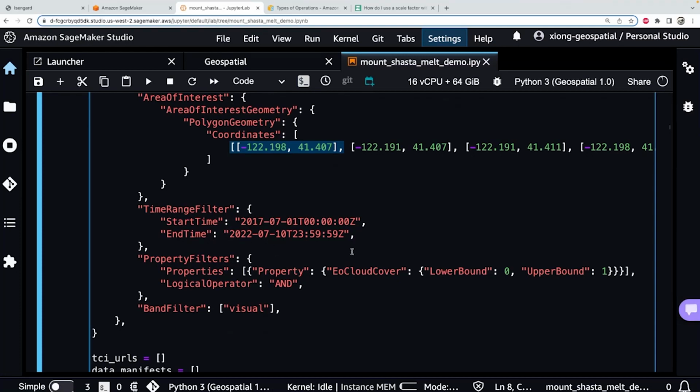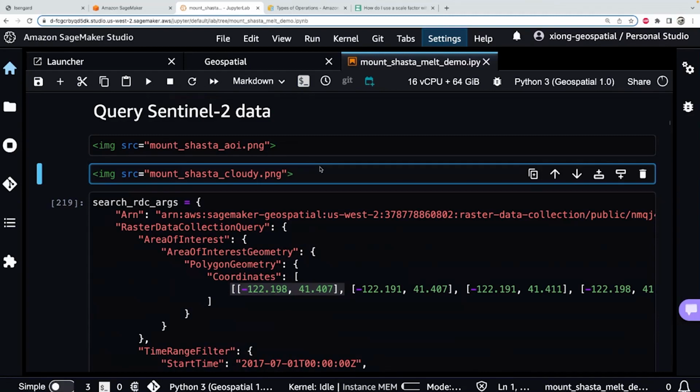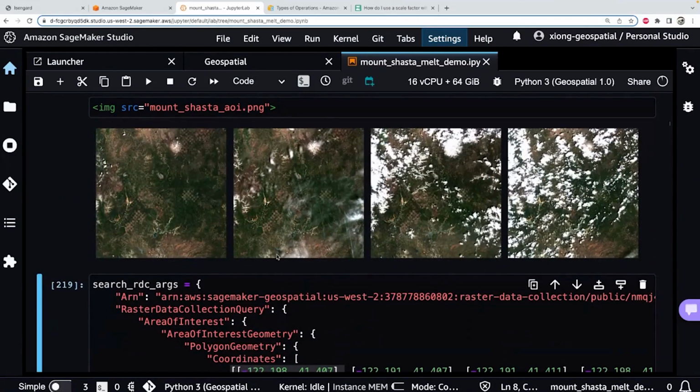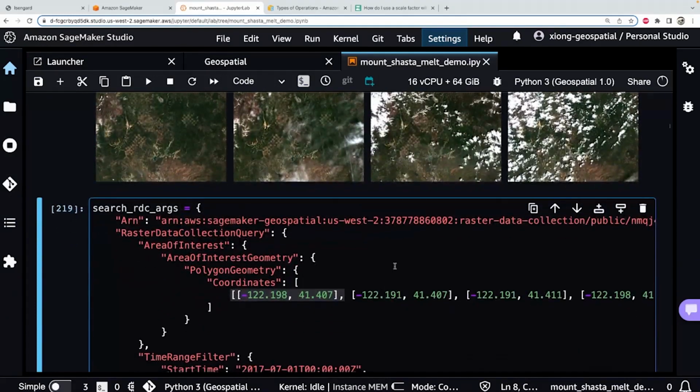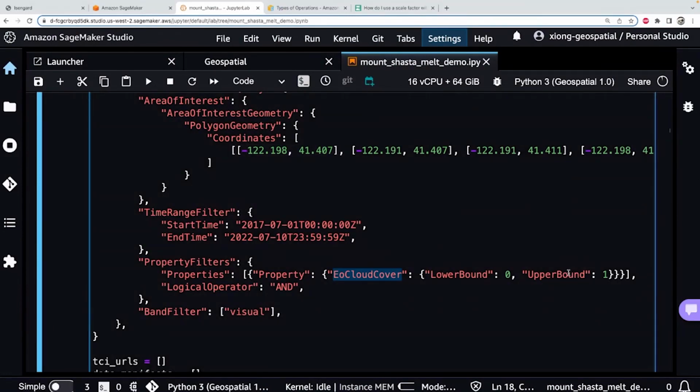And one common challenge when working with satellite data is cloud. As you can see in this example, clouds may sometimes get in the way. It will cover the area you want to analyze. This is a picture over Mountain Shasta. You can barely see the snow mountain, but on the left-hand side is a clear image where you don't have any clouds. So we definitely want to use the image on the left-hand side rather than the image on the right-hand side. So to do that, we will set the cloud coverage upper bound to 1%